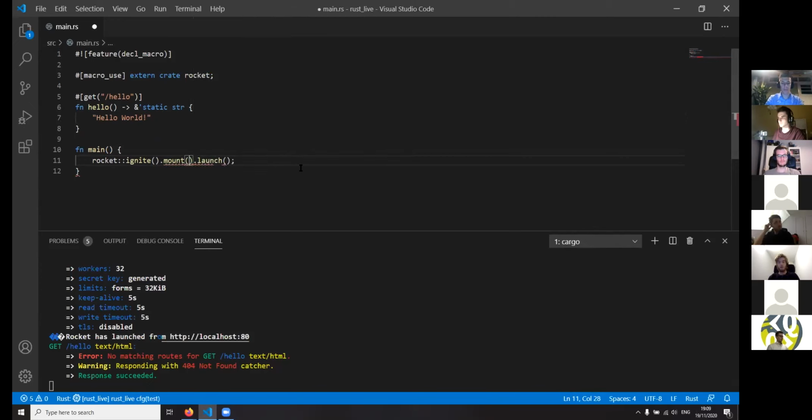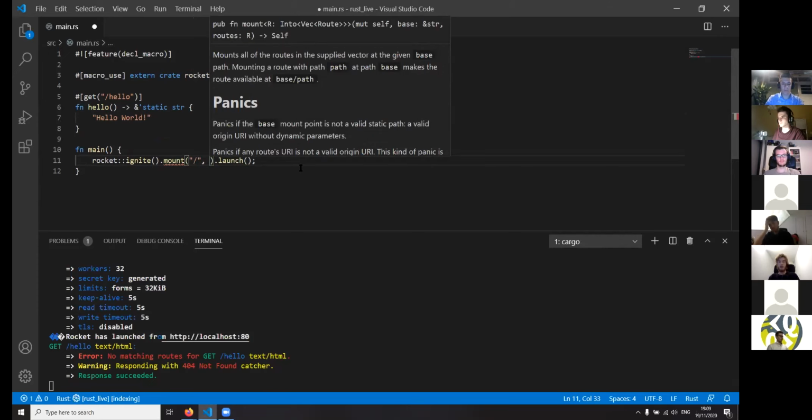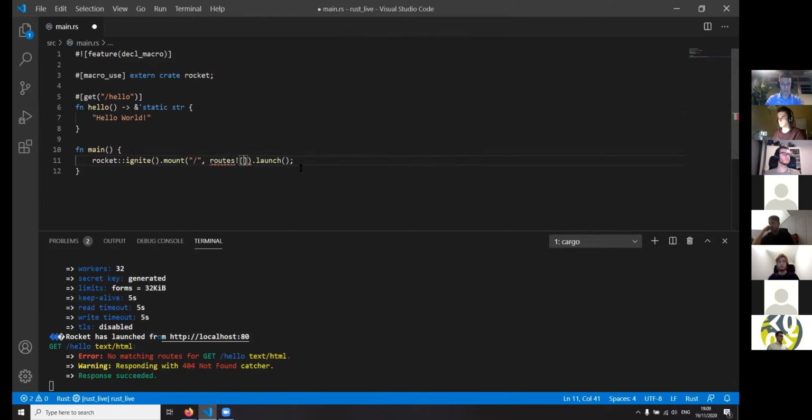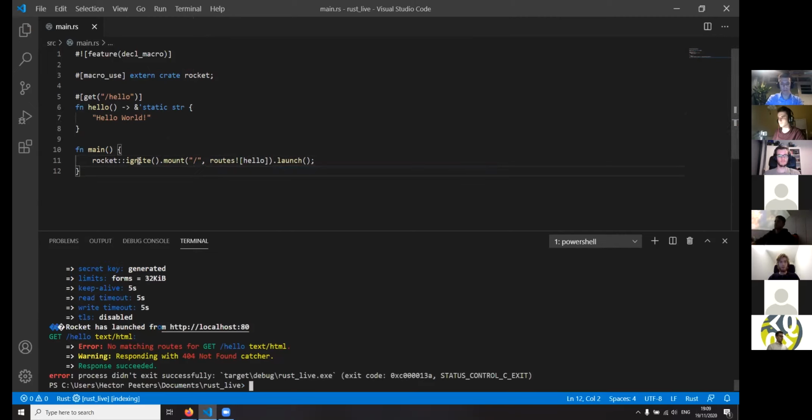We have to give it a path again, so we'll just mount it at the base path. And then we have to give it a list of our handlers. Luckily, there is a macro for that to easily create a list from our single hello. So we do routes and hello. So this should now compile and give us one API input. So if we run this,